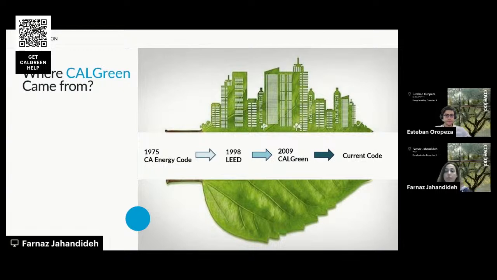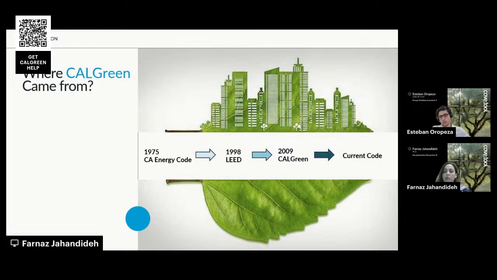In terms of where CalGreen came from, it was back in the 70s that the state of California adopted the California Energy Code, and it is known as Title 24. In the late 90s and early 2000s, the LEED certification came around, and there was a lot of confusion about what makes something green. Is it just having solar panels or non-toxic materials, etc.? So LEED ended up creating this framework, and then in